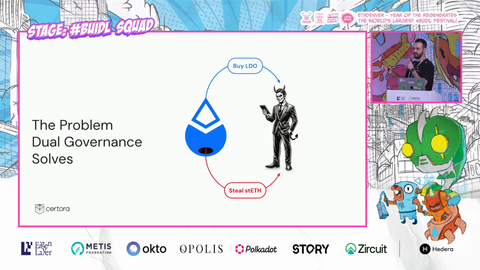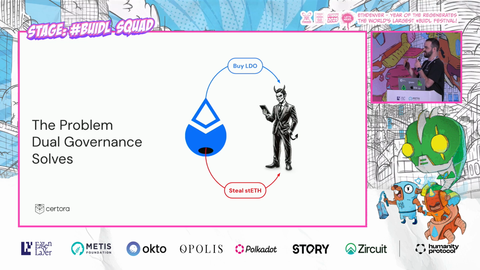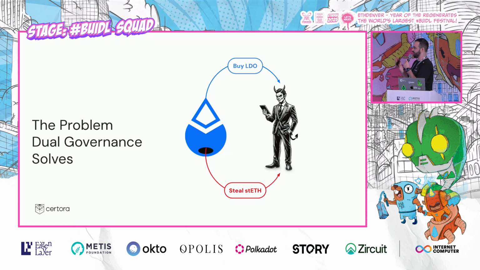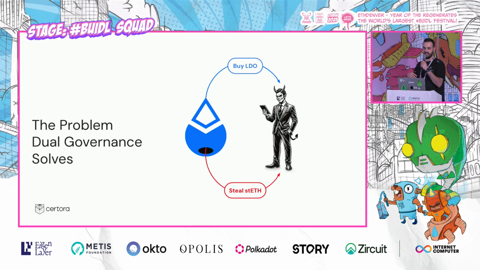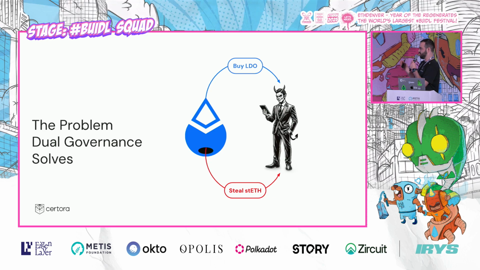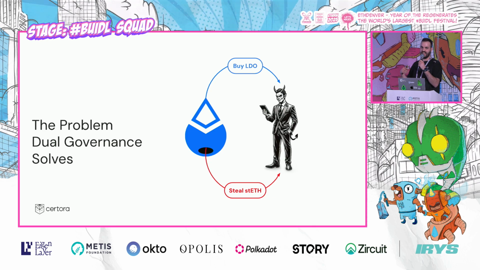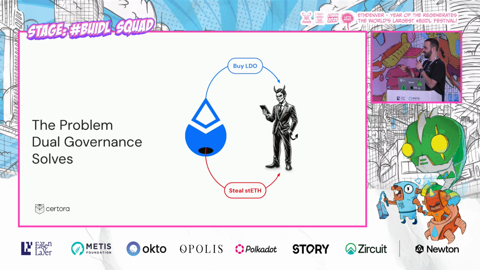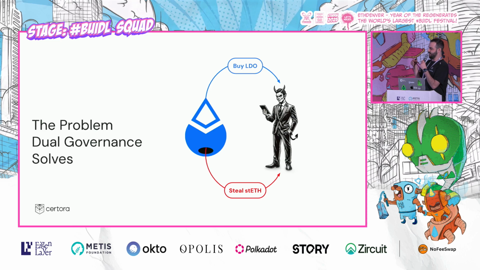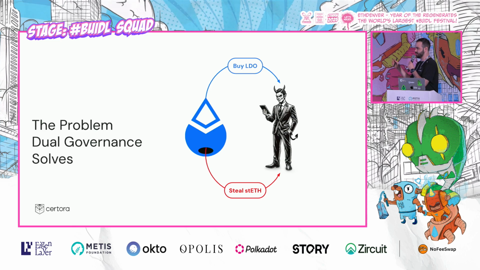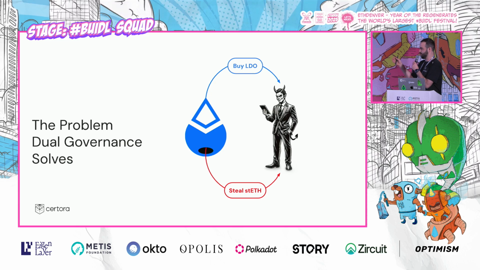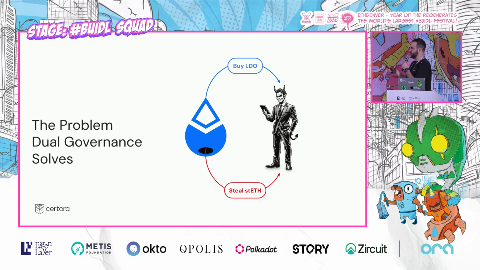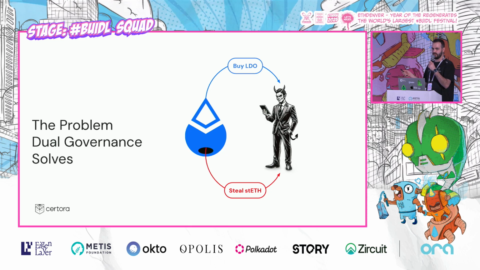But in Lido, like other liquid staking protocols, this is not the case, because the withdrawal mechanism of Ethereum has a variety of withdrawal times. It might be days, or it might even be months, which is very problematic. If you have a malicious proposal that wants to steal all of your ETH, you will not be able to withdraw in time. You try to withdraw, it takes like 1 month, and the proposal executes in 3 days, and your money is already gone. So that's the problem we want to solve, and we need a dynamic time lock to do it.